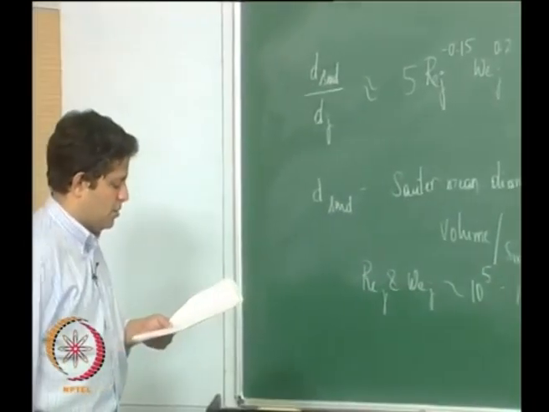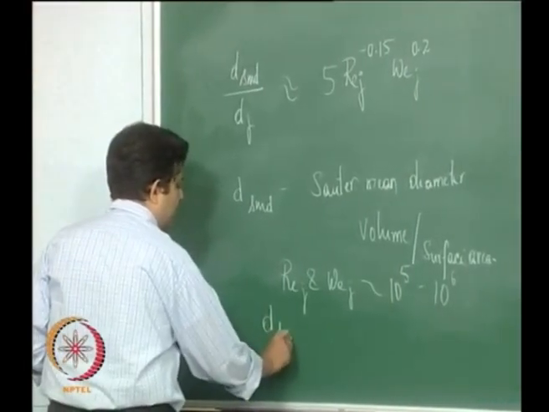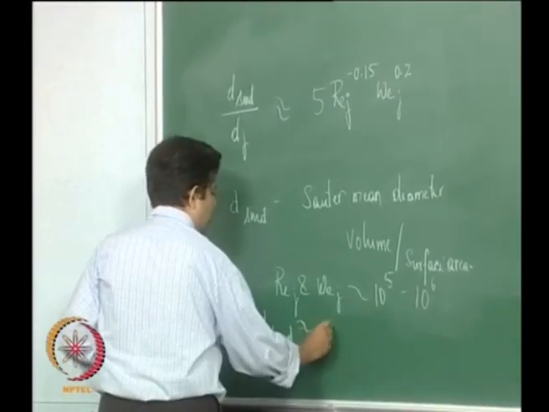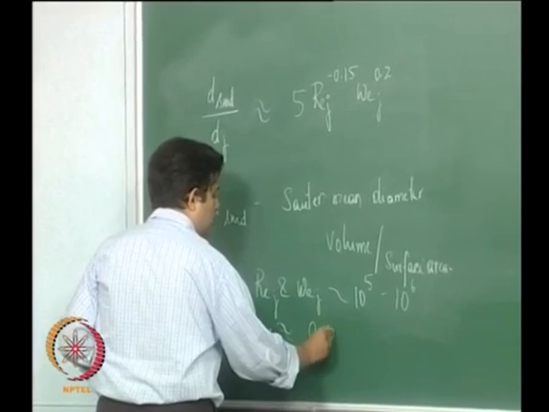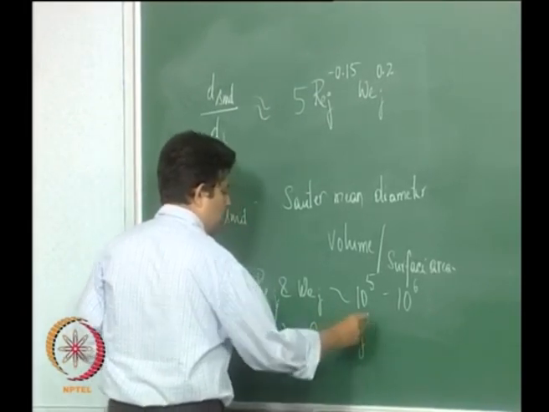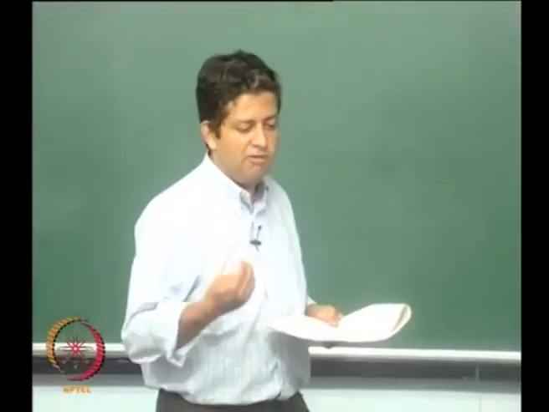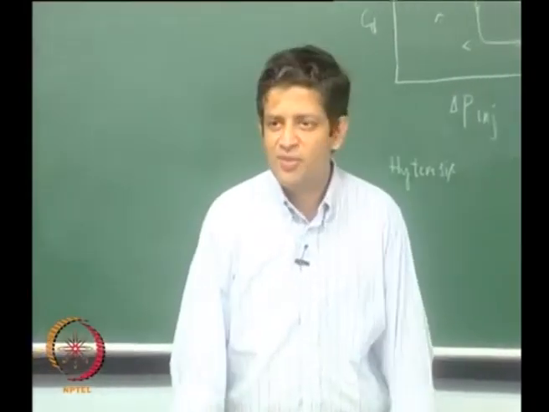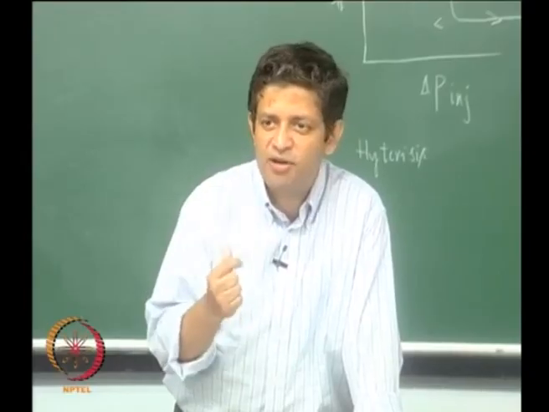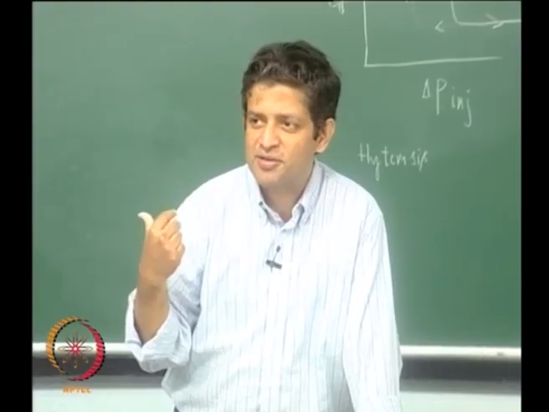So we would get dSMD to be approximately equal to something like dJ. Okay. So if you have 1 millimeter jet diameter or an injector diameter of 1 millimeter, then your Sauter mean diameter will be something like 90 microns,